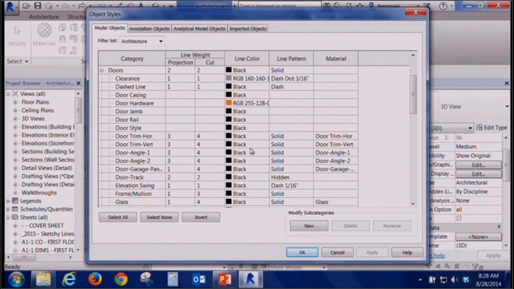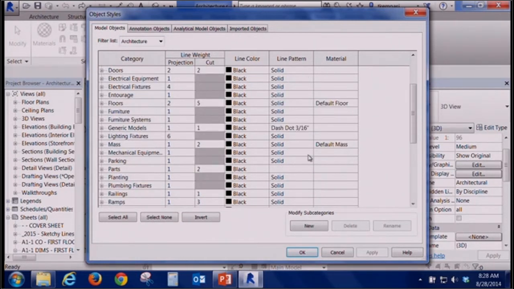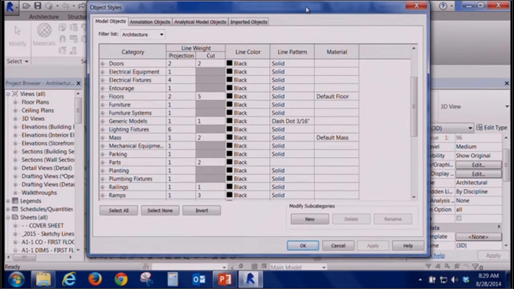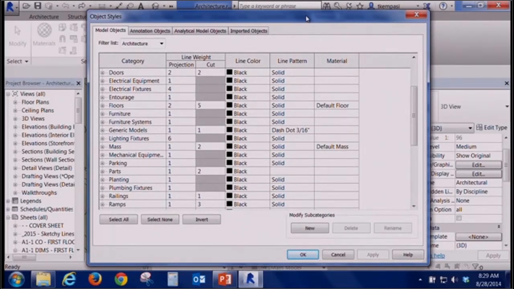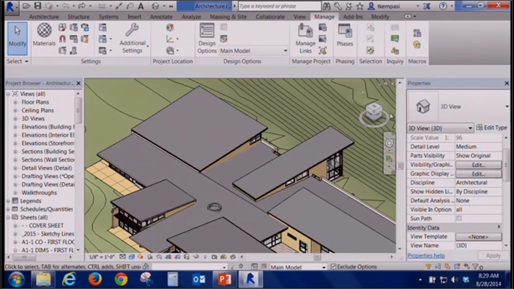And then we've also got some settings for line colors and patterns. Okay. We can also set the material here globally. So if I want all my doors to be a specific material, I can set that here globally, or I can set it for each particular door in the family settings. Okay. So these are global settings. If I make a change here, it's going to make it through my whole project. Okay. I also have in each view, I have over here in the properties, I have a visibility graphic override